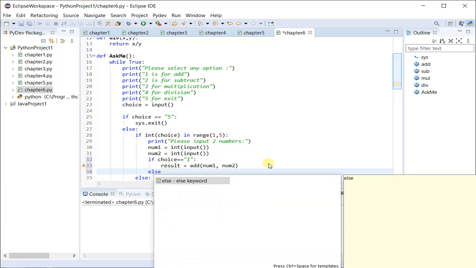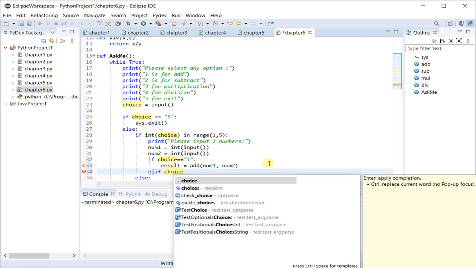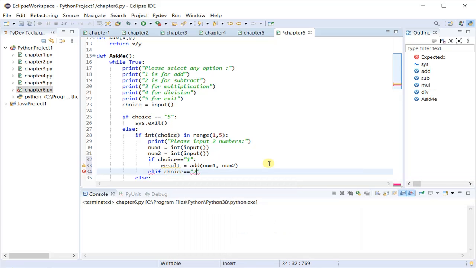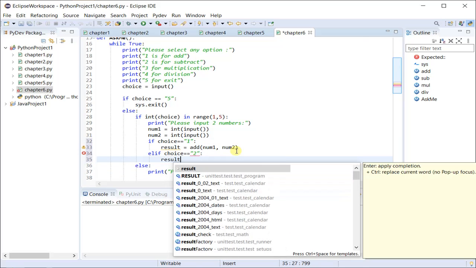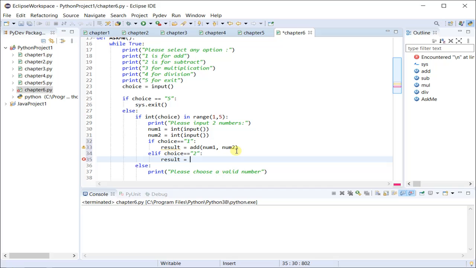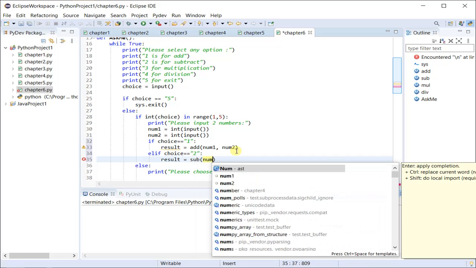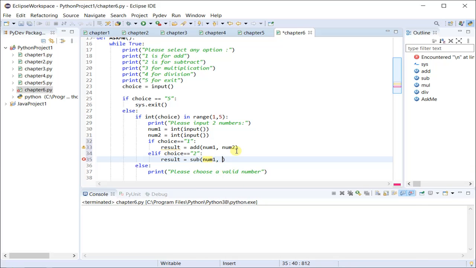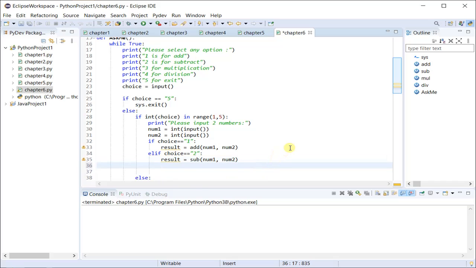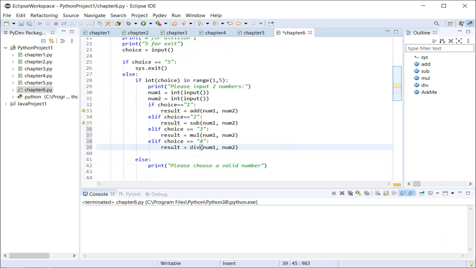Or elif, if the user chose some different operation like subtraction, I'll again store the result in a result variable and call the sub function and provide it with the two numbers which we have. Similarly, the next two choices are for multiplication and divide.